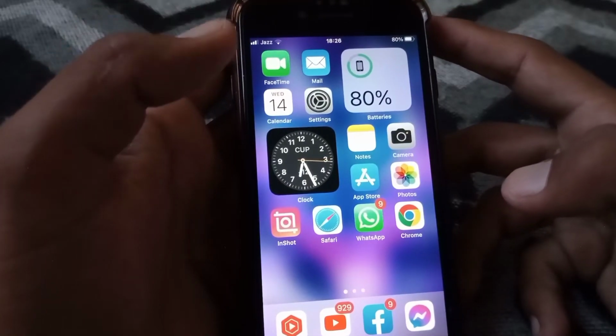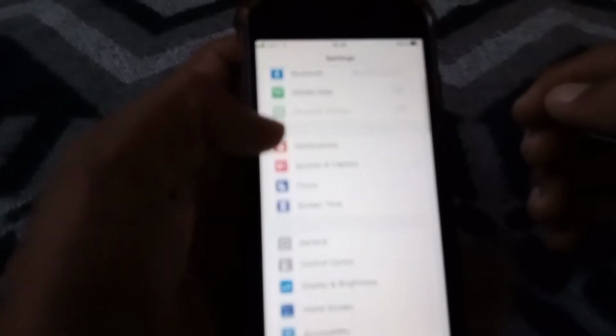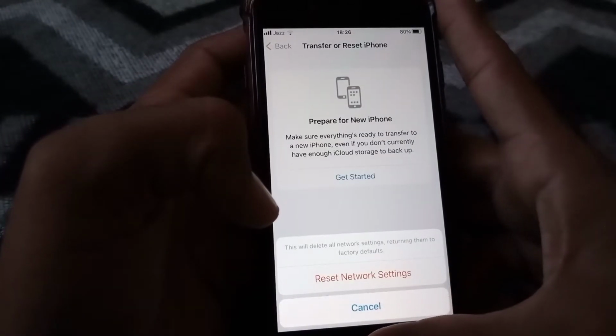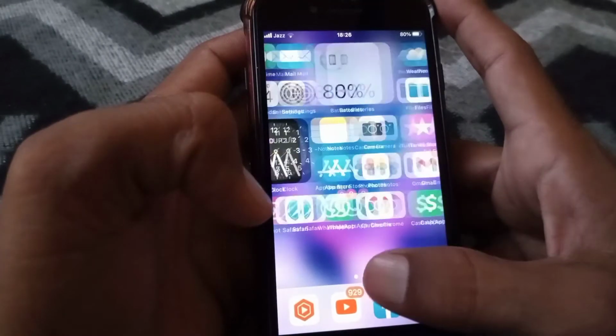And if the problem is there, then what you need to do is simply open Settings again, scroll down, tap on General, scroll down all the way, tap on Transfer or Reset iPhone, tap on Reset Network Settings. So from here you have to reset your network settings. This will delete all network settings, returning them to factory defaults, and after that check whether the problem has been